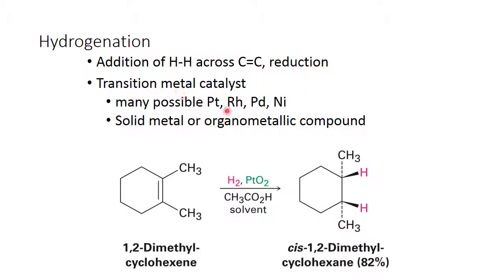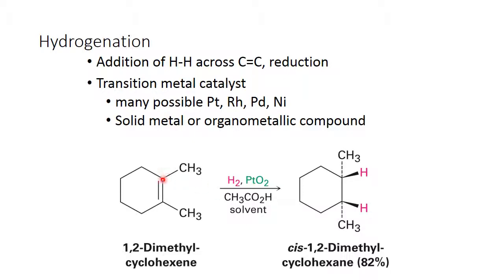What kind of catalyst do we use? We usually use one of these transition metal catalysts that involve platinum, rhodium, palladium, nickel, and there's a lot of possibilities. Sometimes it's a compound, sometimes it's an organometallic compound. How is it that you recognize the reagent is one that's going to cause hydrogenation? You recognize it because there will be hydrogen gas, and then it will be either the transition metal naked or the transition metal in a more complex compound. And if you see that, then you know you're going to have